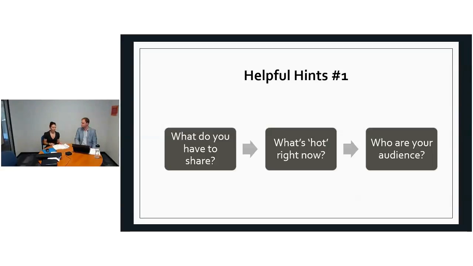I just wanted to cover, leading into the end of this session, some helpful hints. These are the sorts of things that I've found personally helpful when I've been planning for conference submissions. They're not rocket science. They're a bit common sense, but I think they're some really handy things to keep in mind as you go about crafting that submission.